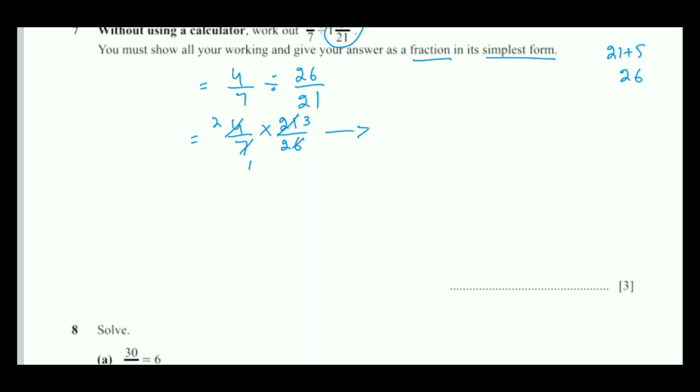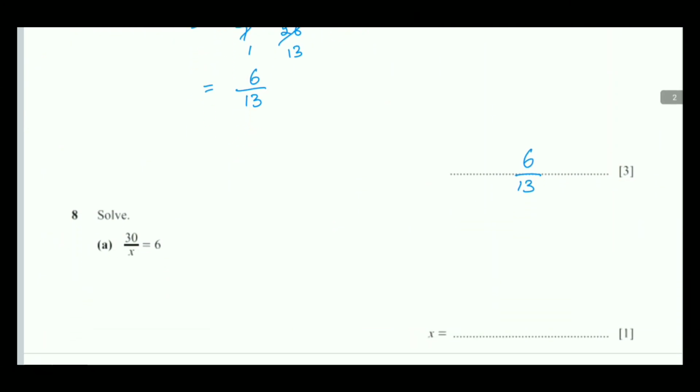2 2s are 4, 2 1s are 2, 2 3s are 6. Now we cannot simplify it further. So it means that the numerator will be multiplied with the numerator, 3 to the 6, and 13 will be written in the denominator. As we know that the denominator is bigger than the numerator, we cannot simplify it further. If the numerator is bigger than the denominator, you have to simplify it further. You have to divide it and then write your answer as a mixed fraction. So in this question, you just have to write it as it is.